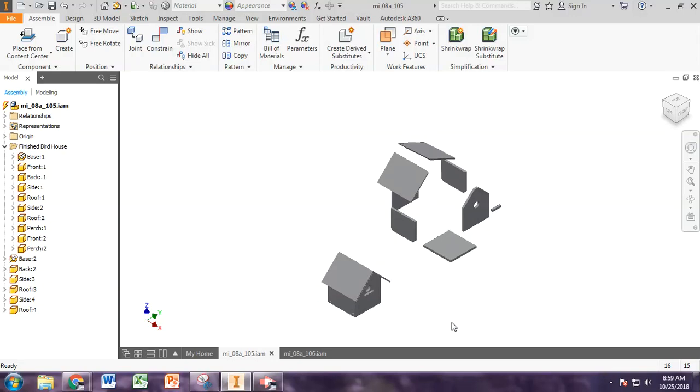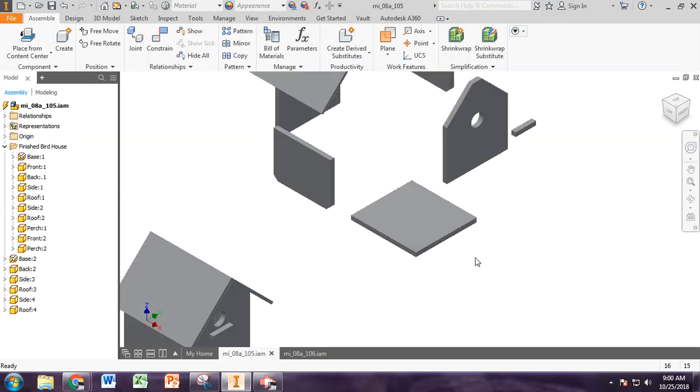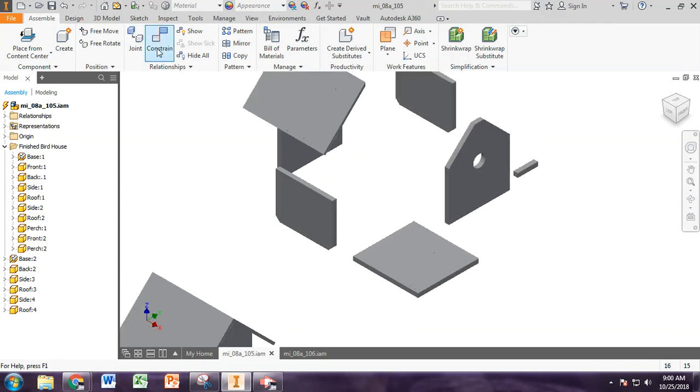This video shows you how to assemble the birdhouse in Advanced CAD for Engineers. So it's part 8A105. This part is already fully assembled, and you have to recreate that full assembly here. It's pretty intuitive what you need to do for the most part in terms of how you would build the